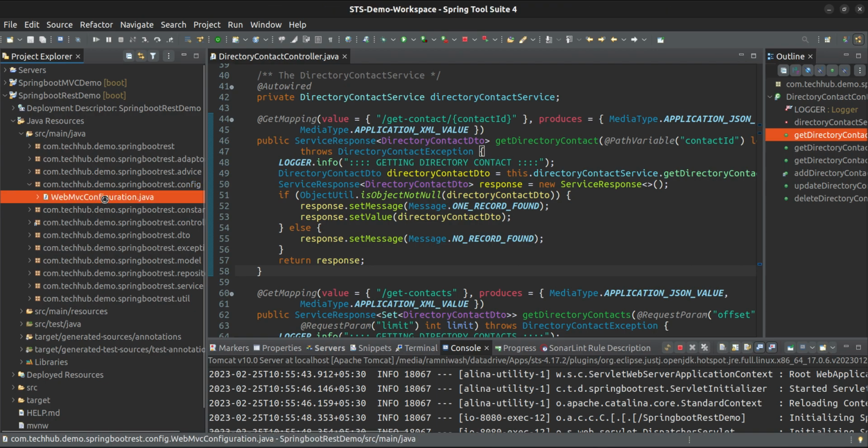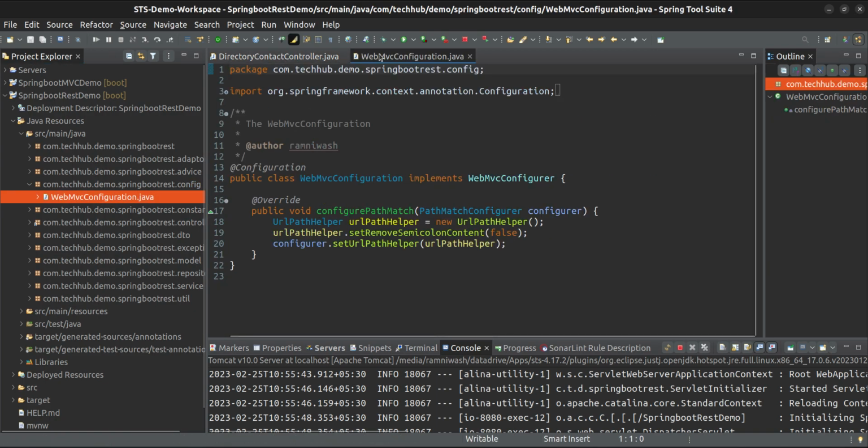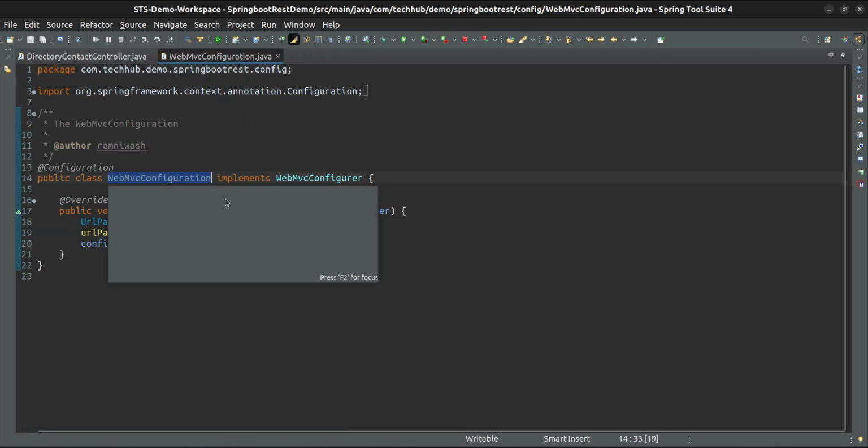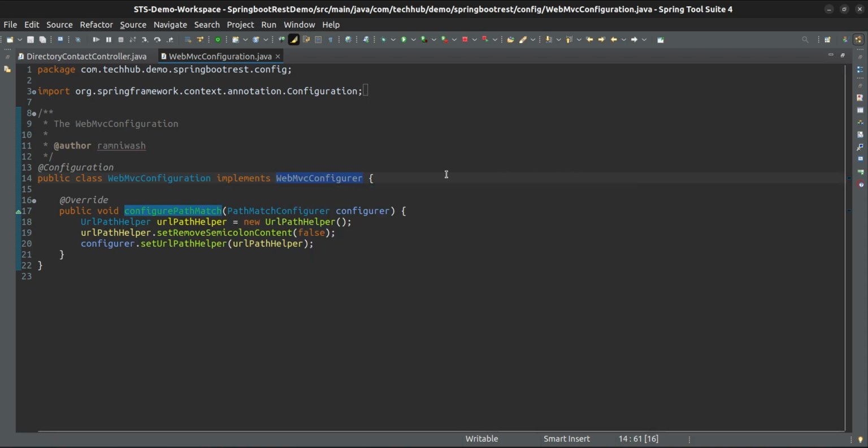Inside this configuration, you have to make a configuration class. That class should implement the WebMvcConfigurer interface.